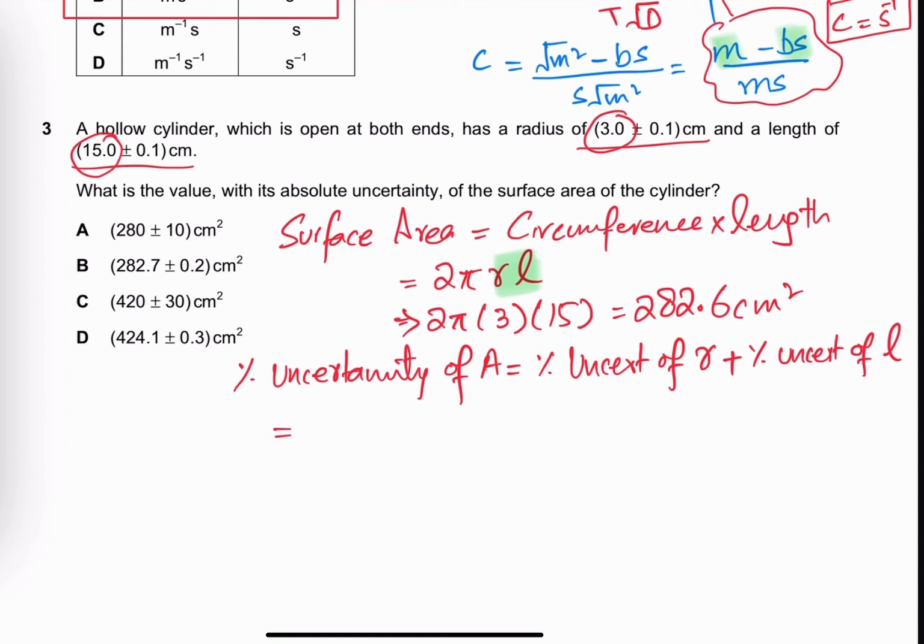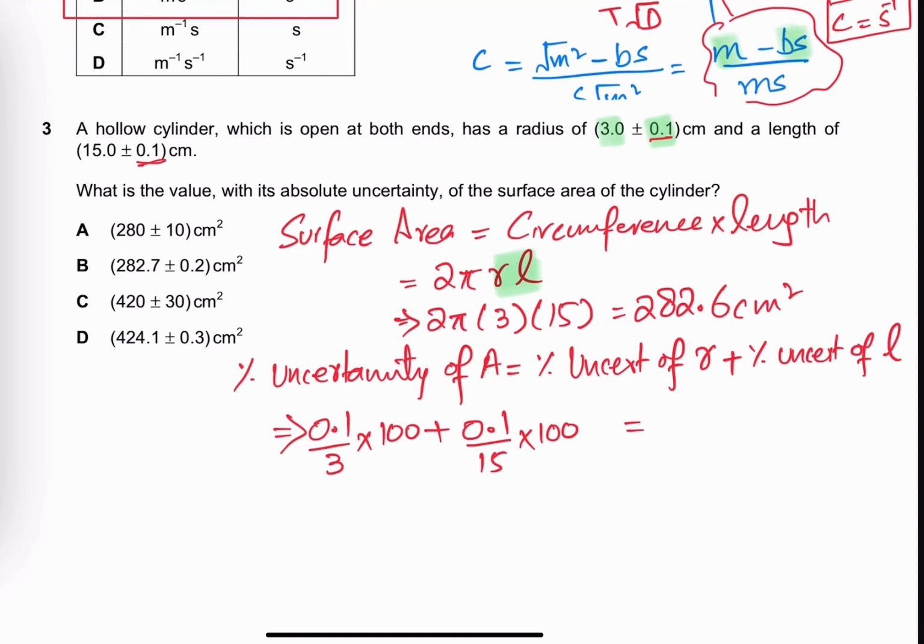For each, we take the uncertainty, the least count, divided by the measured value. It's 0.1 divided by 3 multiplied by 100 plus 0.1 divided by 15 multiplied by 100. So this will give you 3.99%. So there is a 3.99% uncertainty